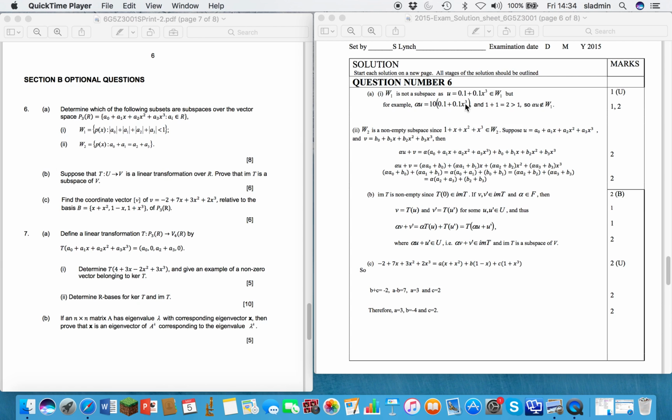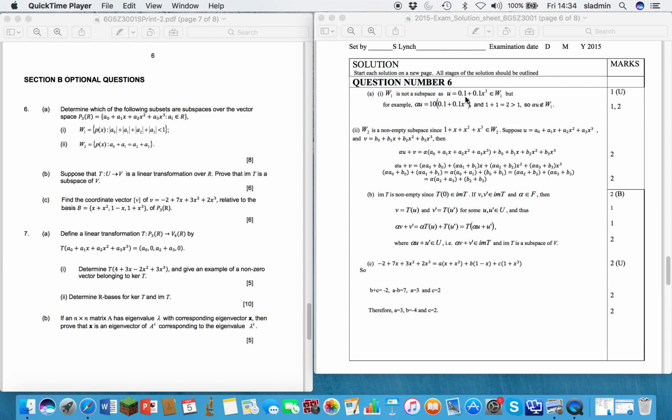So for 6 part A, we want to determine whether W1 or W2 are subspaces of P3 over R. Now normally, not always, but normally one of these is a subspace and one of them is not a subspace. Now for W1 here, we have modulus. You can see you've got modulus terms, and straight away we can see that this is not going to be a subspace. So if we look at 6a part 1, then we can show that W1 is certainly not empty